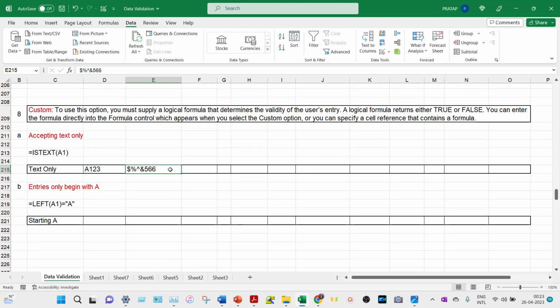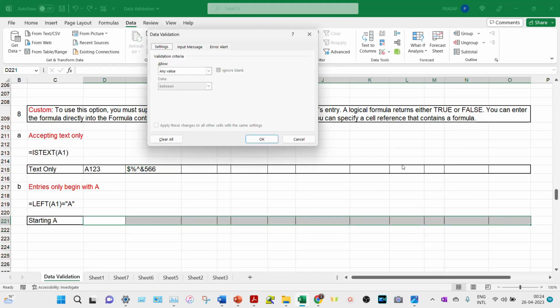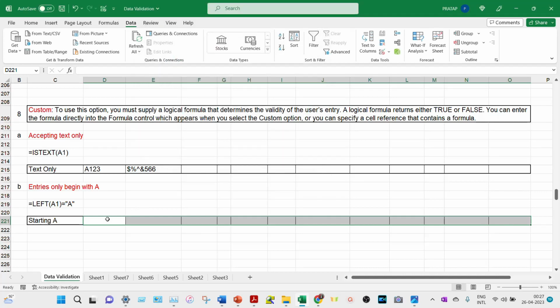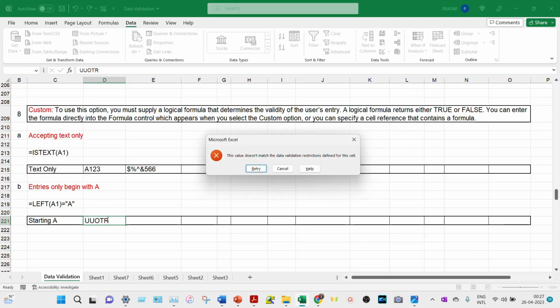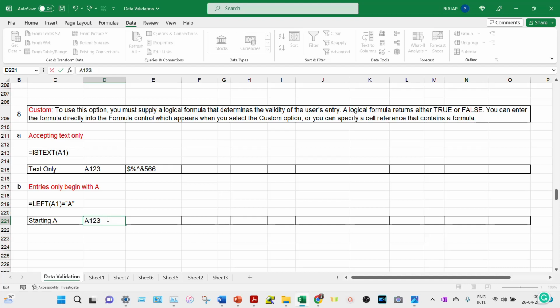Moving on to the second example, we use a formula to make sure that all the entries in the selected cells begin with A. So again, we select all the required cells, open the validation window, select custom, and under formula we type equal to followed by LEFT and the selected set of cells within brackets, followed by the equal to sign again, and finally the alphabet A in inverted commas, and then we click OK. Again, on checking these cells, we find that none of these cells accept an entry which does not begin with A. To check with another example,